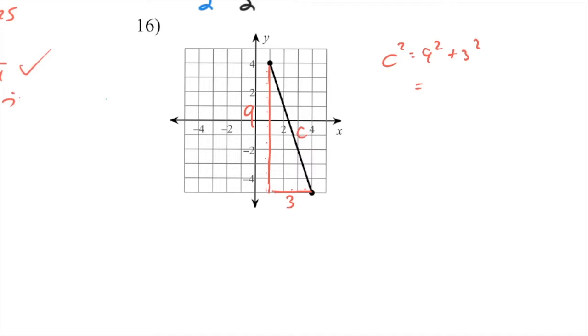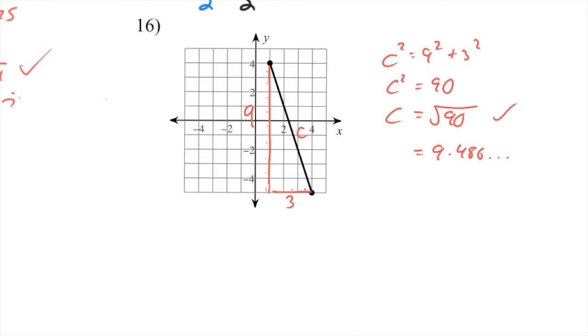So this is 80, 81 and 9, so this is 90. Great, so c should be root 90. For now, that's great. If you take the root of it, you get